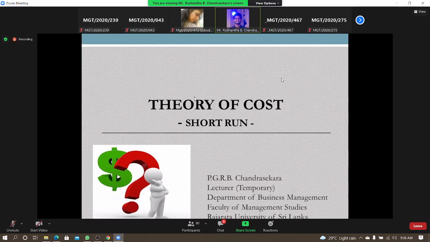Then we identified different types of economic concepts that will be helpful. Can you remember? Demand concept, supply concept, right? Concept of equilibrium, concept of elasticity, and concept of government intervention, right? We identified those different types of concepts. Then afterwards, we identified how a consumer behaves in an economy, basing on different approaches.